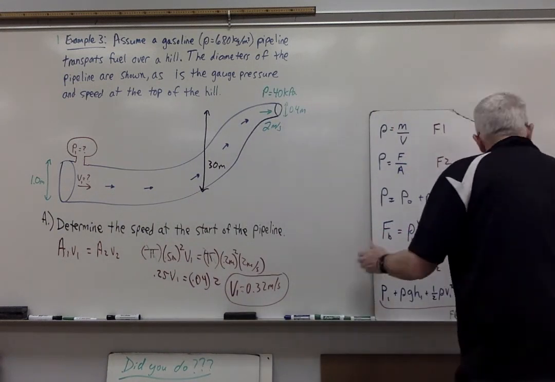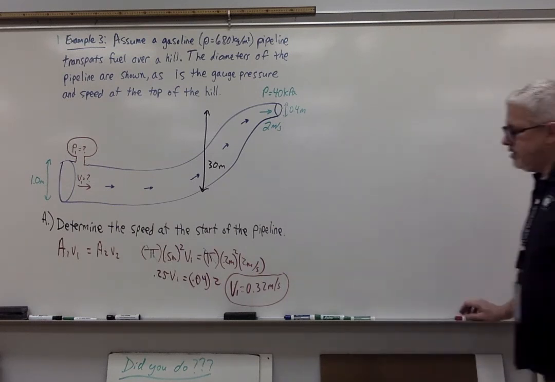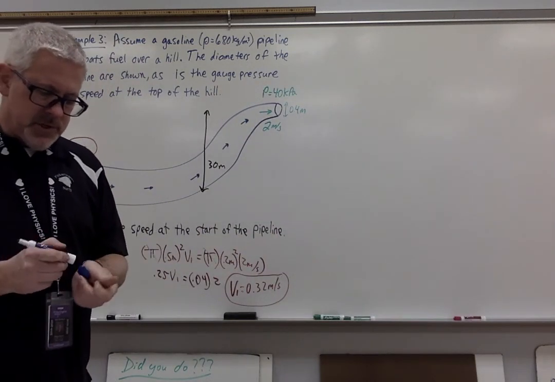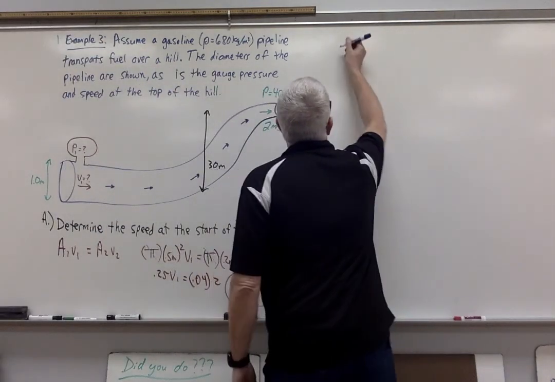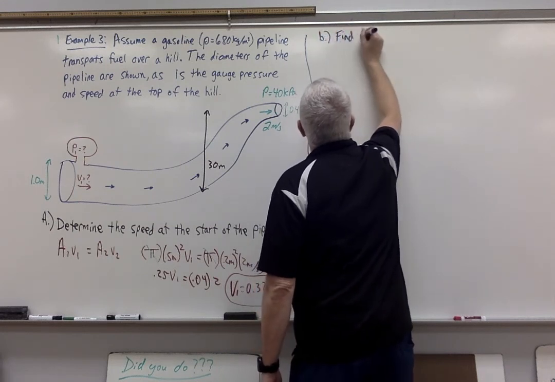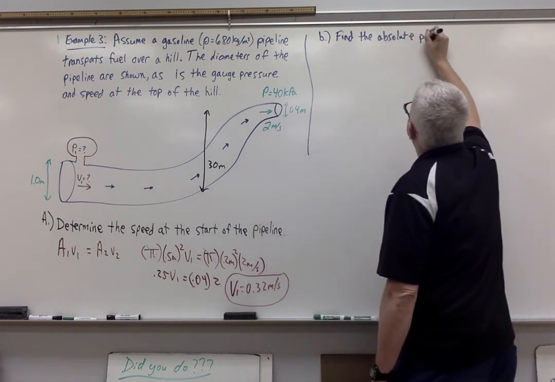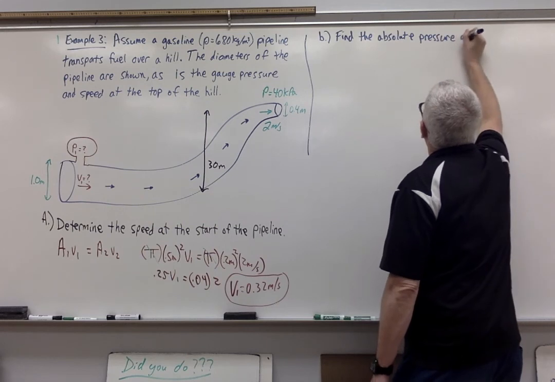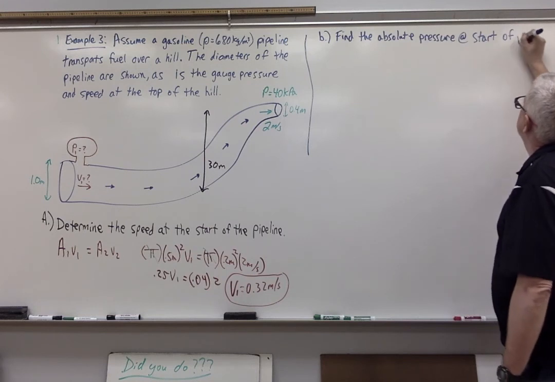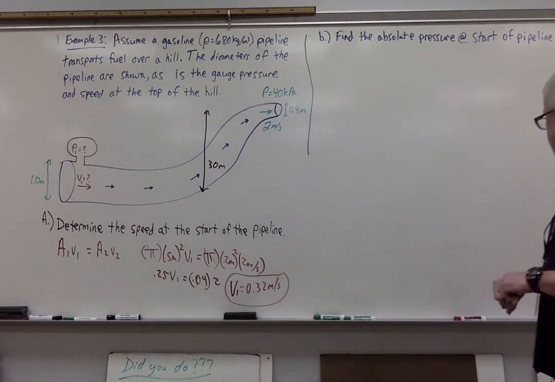The second part of the question, and I'm going to have to move this out of the way, but we are going to use Bernoulli's equation. The second part deals with determining the absolute pressure at the start of the pipe. So there's going to be a few tricks in this. Absolute pressure. I'm writing so much I'm going through markers. All right, So basically what that's saying is we're going to have to find